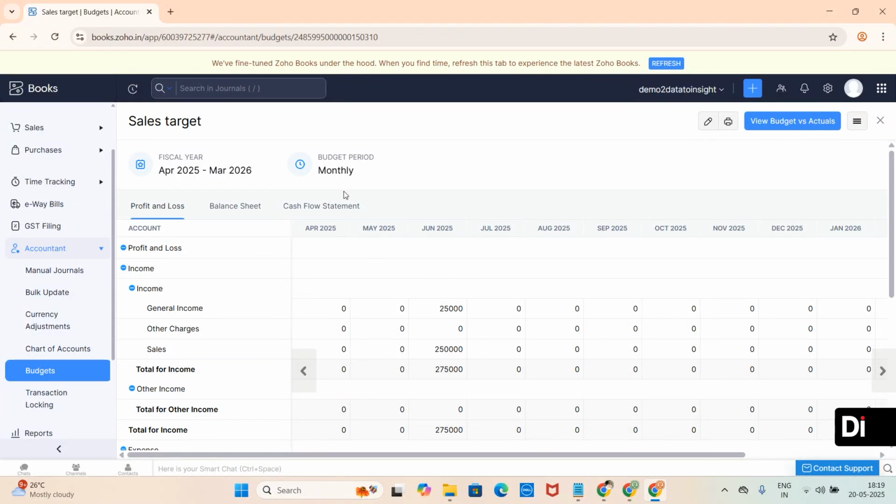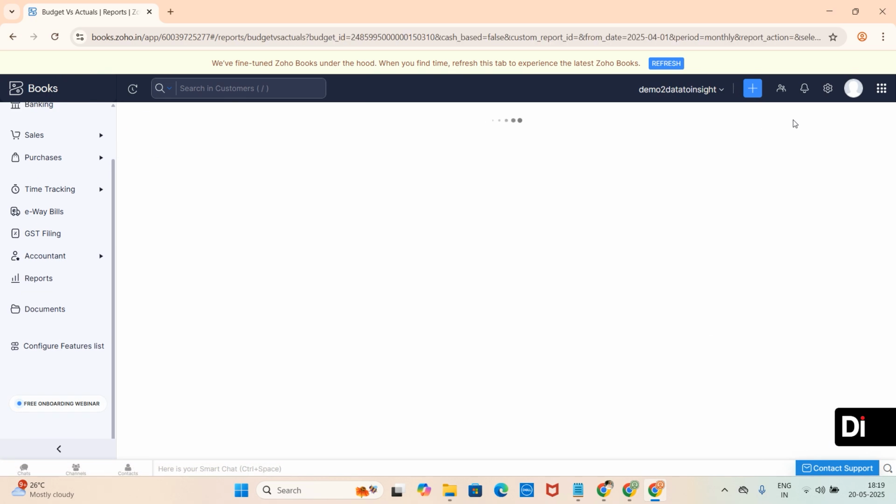Now, how do you track it? Zoho Books gives you a budget versus actual report where you can see your budgeted amount side by side with the actual amount you have earned or spent. This helps you quickly see if you are under or over your budget in real time. For that, click on view budget versus actual,